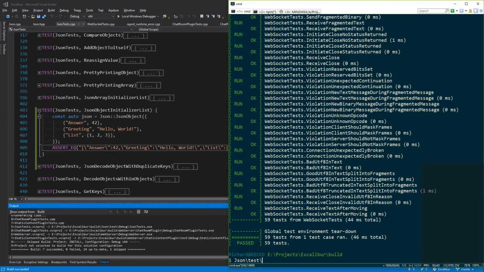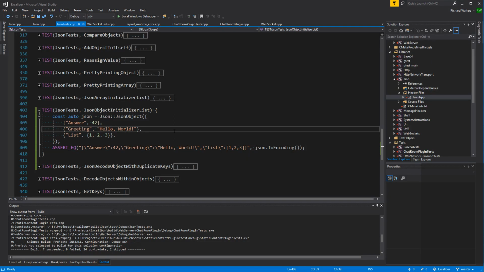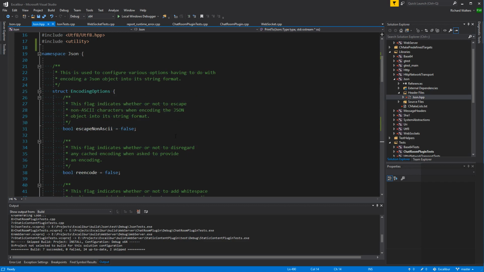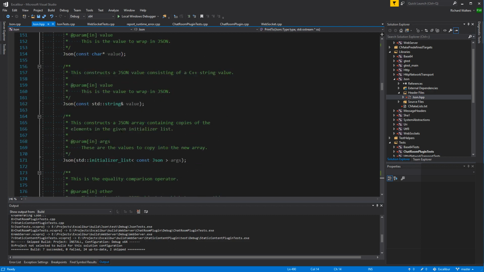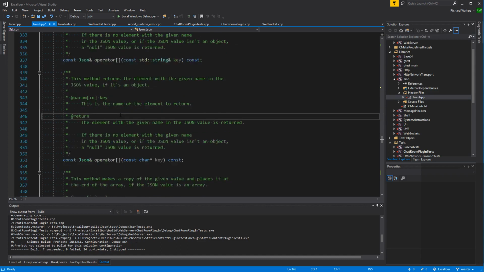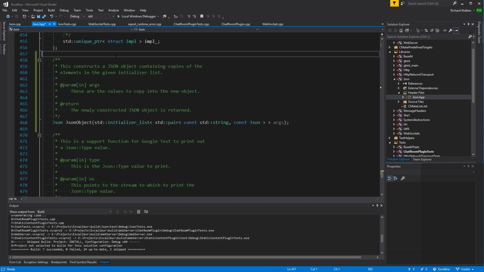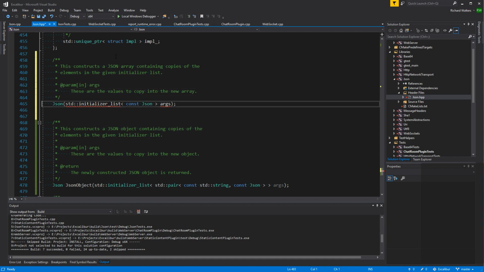JSON test, debug JSON tests. Cool. So let's redo the array one as well. I don't want people to accidentally create arrays when they meant objects. So what we'll do is remove the old initializer list constructor, and we'll make it into JSON array, next to JSON object, like that.